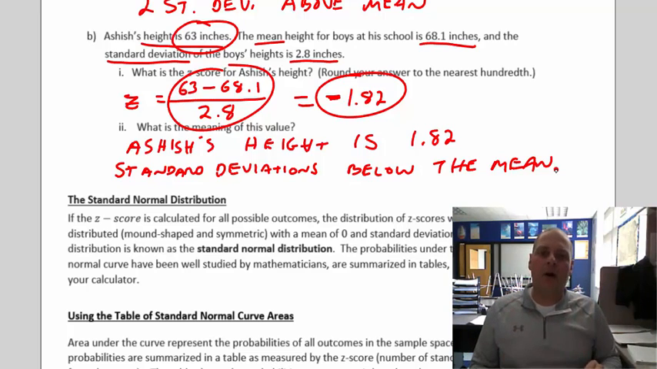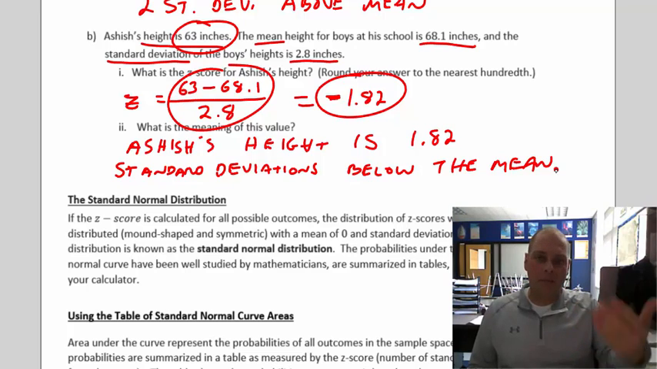Okay? And we're going to talk more about, we're going to use those Z-scores, and we're going to be able to find the Z-scores a little easier. Well, not find them easier, but use them to find the probabilities from a table and on our calculator